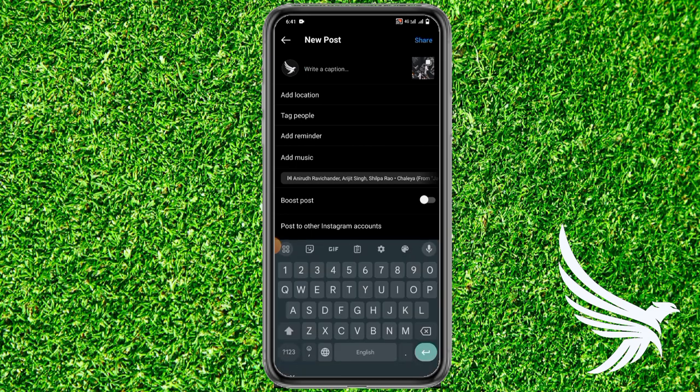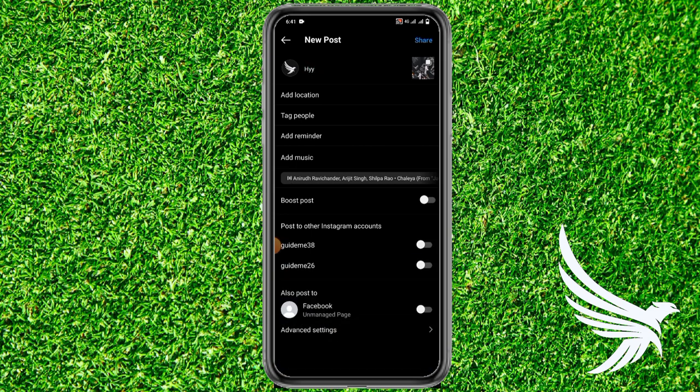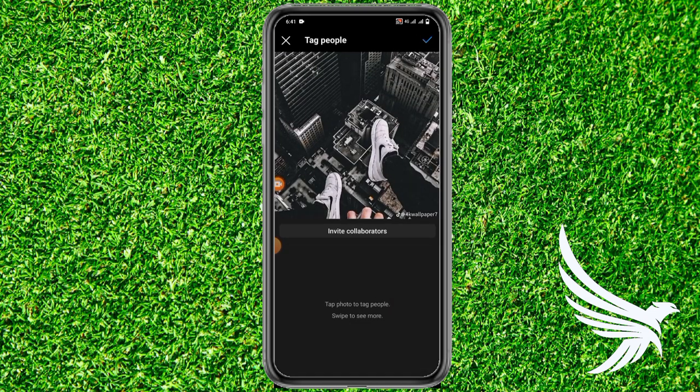and then here write any caption for your post. And then here you can also add a location. From here you can tag your friends or you can invite a collaborator, and then tap this tick on